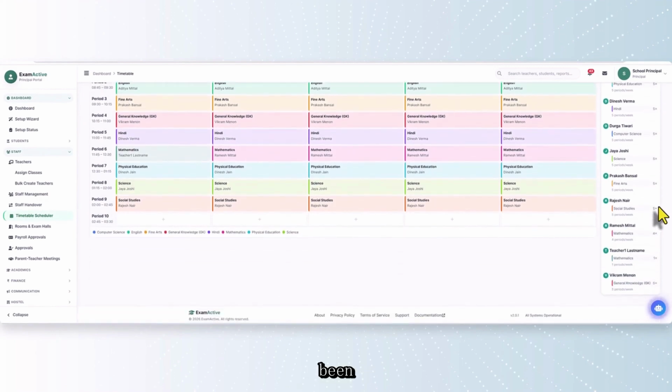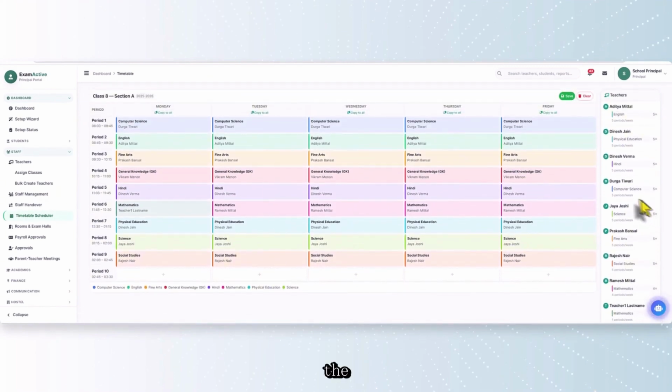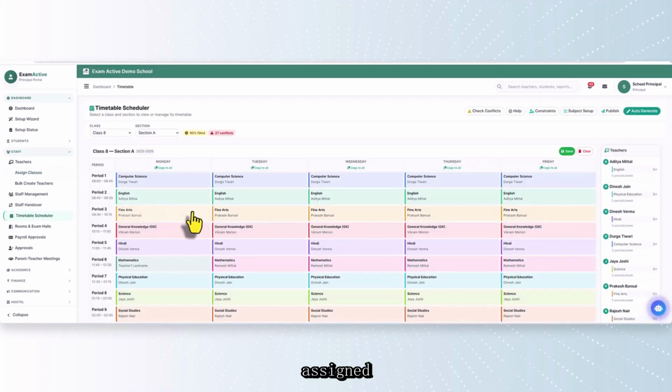You can see all the teachers who have been occupied, the subjects they teach, and the number of periods they are associated with. These color codes are shown here for computer science. You can see the color assigned to English, and how it is for fine arts, general knowledge, and all other subjects. Also, if a teacher is assigned to a class and the subjects they can teach, we can automatically generate